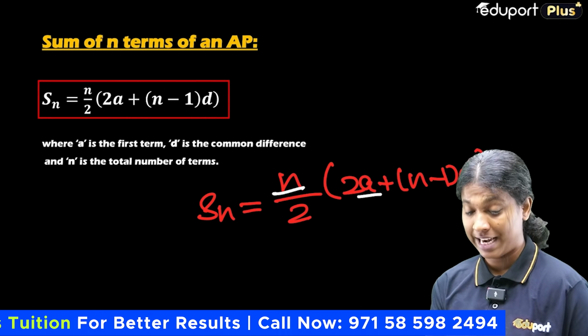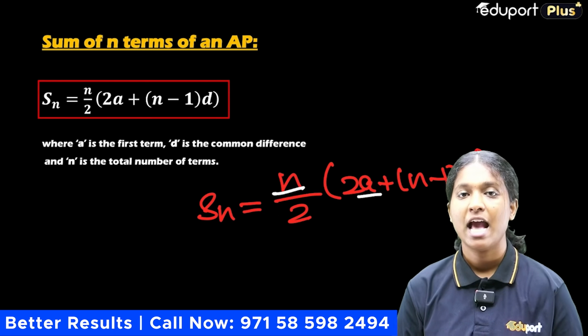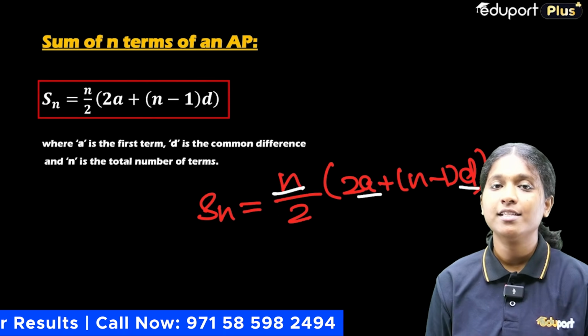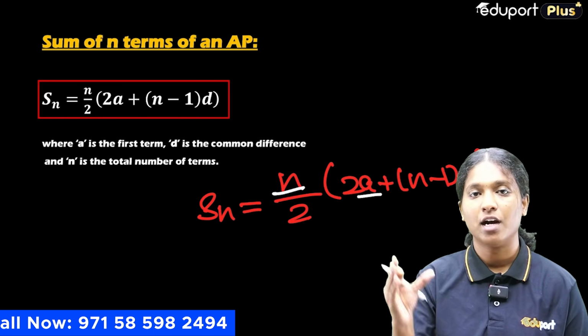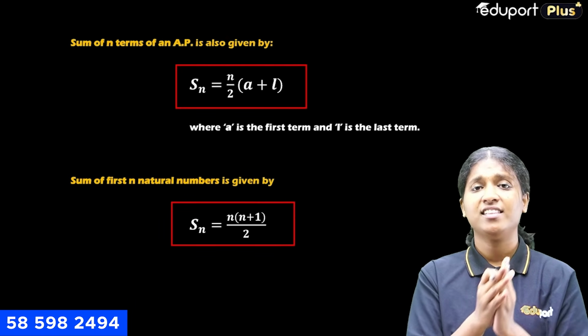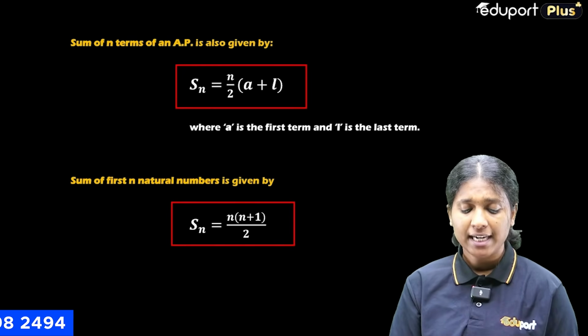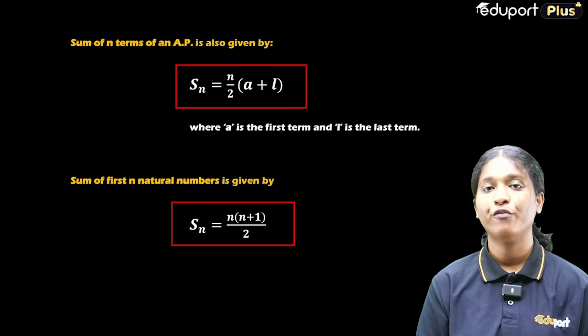N is the number of terms, a is the first term and d is the common difference. When you have been given all of these, you can use this formula to find the sum of the terms. Okay. Now, we learned this formula, but there is another formula also to find the sum of n terms, which